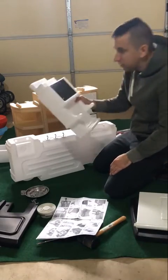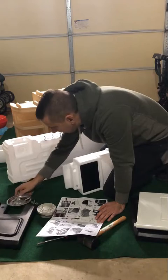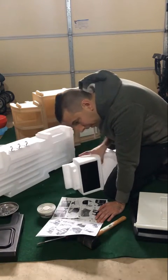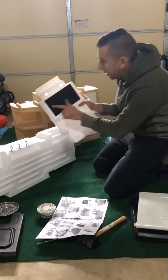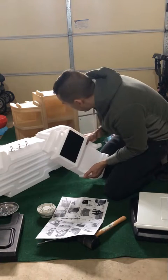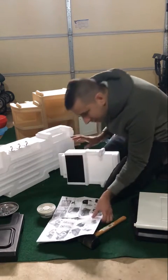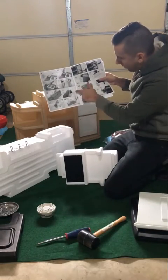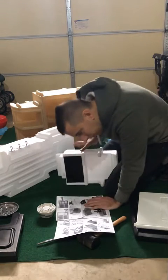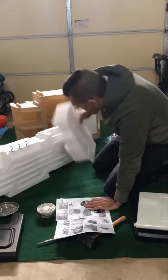Okay, the next step involves this piece. So they want you to keep this big piece in front of you and take this piece where we put that black panel with the black plastic screws, take that and line it up. The picture is very difficult. We're on step 13. The white part of the door really blends in with this background. So what it looks like they're doing is putting it in like this,